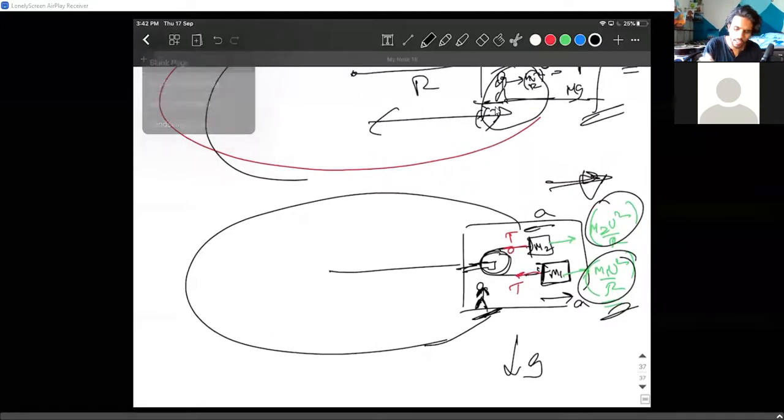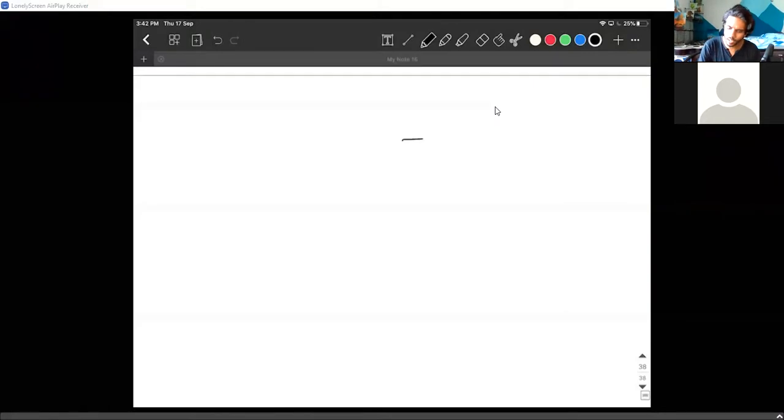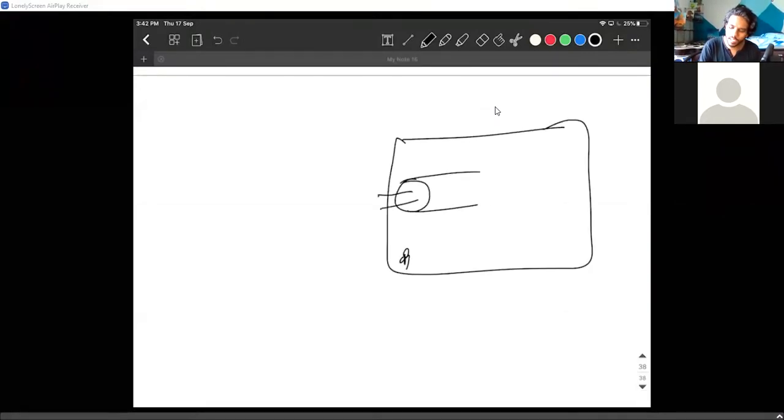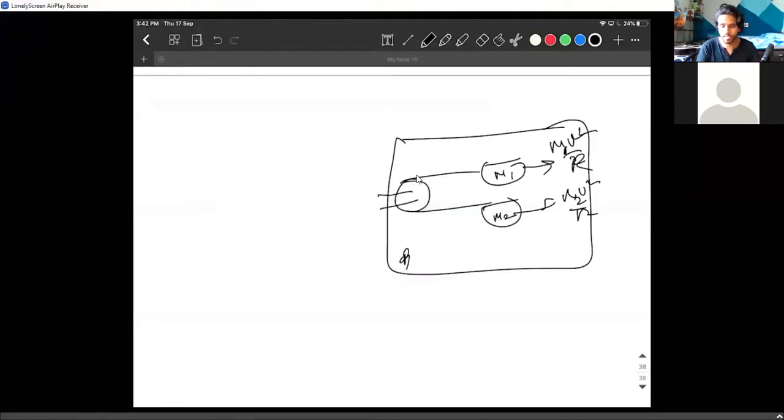Now, this is not a different problem anymore. Like there is no circular motion or anything. You are simply sitting in a frame. In that frame, there is a pulley, and there are some forces acting on that pulley: m1 v square by r, m2 v square by r. This mass is m2, this mass is m1, and you just have to simply solve the problem, just like the previous cases. Once you get inside the frame of reference and you take the pseudo forces, that's all.